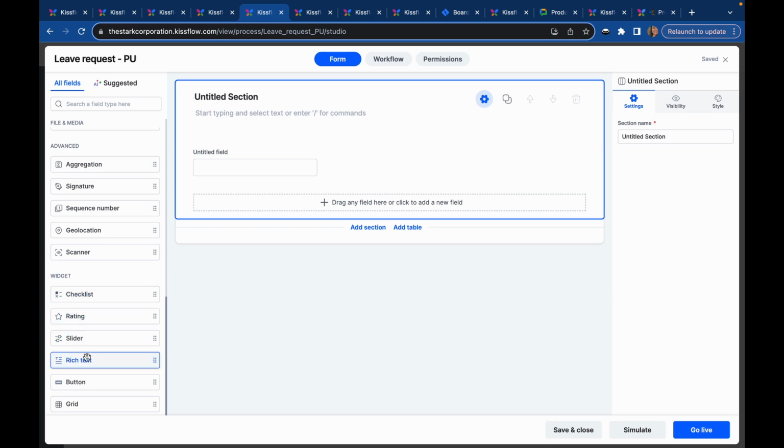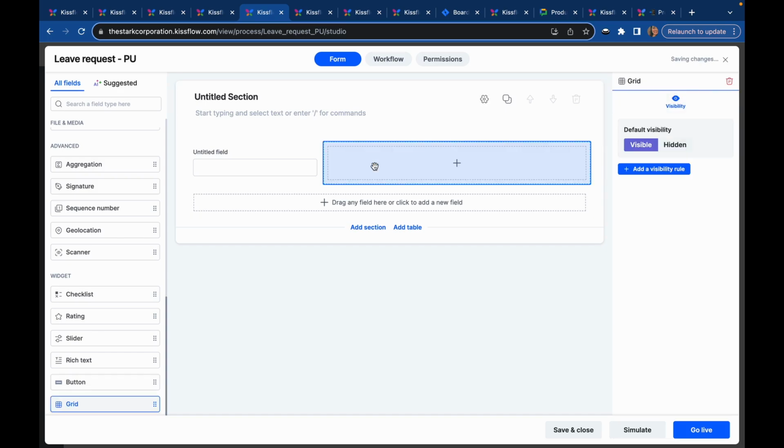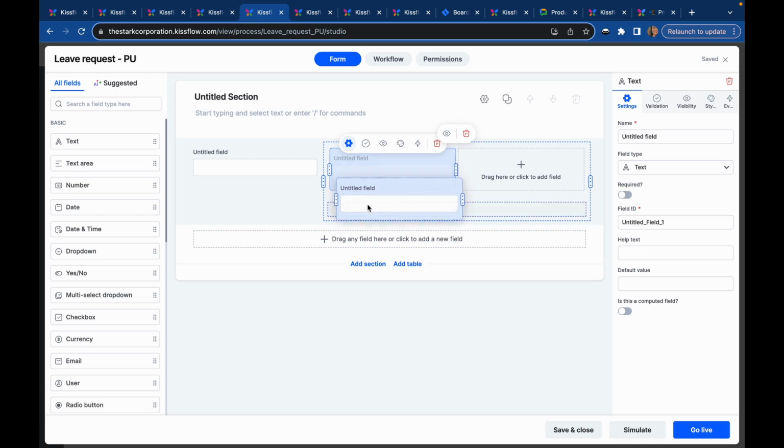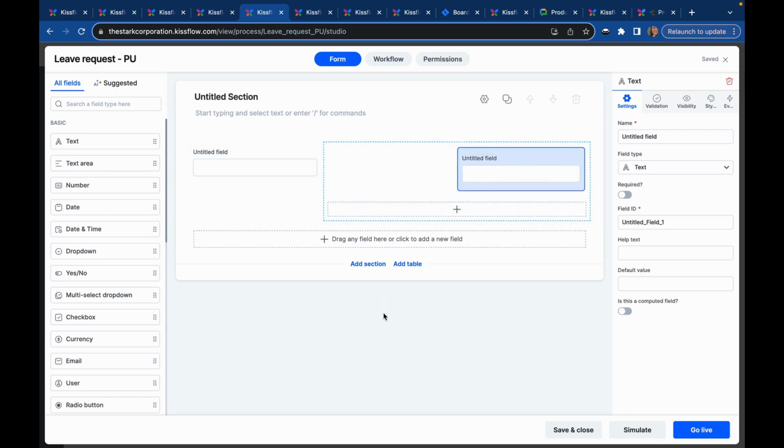I also want to draw some attention to the new widget that we've developed recently, which is the grid widget. It's a great option to apply a visibility condition to a set of fields. It helps with your space optimization, and it gives a great layout to your form. So this is something you can try. You apply a grid, and you can just add text within that. And you can play around with how you want that section to look, right? So that's